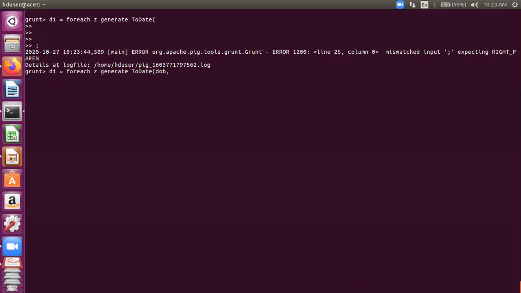I want to convert this DOB field into a date field based on this format. Remember our dates were year first, so how to mention it here, just see.